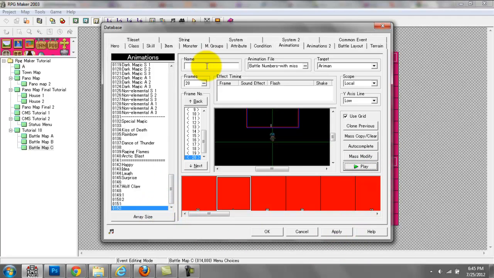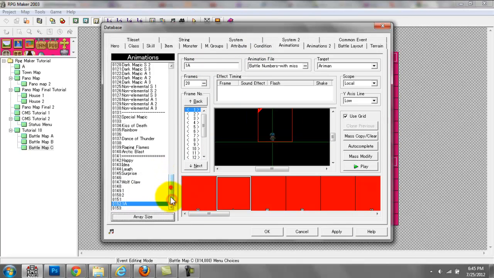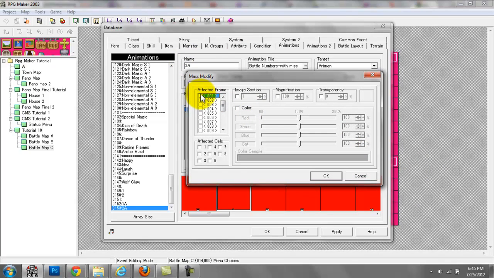Now if you want to, I'll name this 1 again, 1A maybe, and if you want to copy that and do 2, you don't have to do everything again. You can just do a mass modify, and the affected frames, I have to play around with this sometimes, so I'm not sure if I'll get it right on the first time, but you want to select all of these frames because you're going to change the graphics for all of them. And the affected cell is going to be either 1 or 2, maybe 2, and we're going to choose